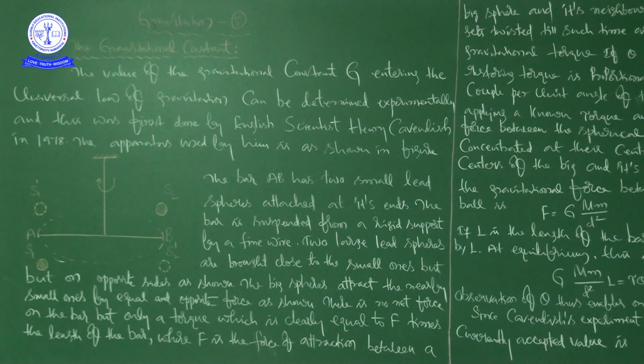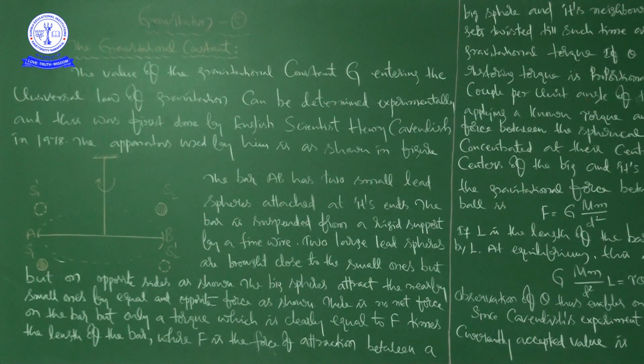So what is the statement? The attractive force in this entire universe, in this unimaginable space in our surroundings, that we call the universe, any two bodies attract with a certain amount of force. The attractive force between any two bodies is directly proportional to the product of their masses and inversely proportional to the square of the distance between them. This is the statement given by Newton.